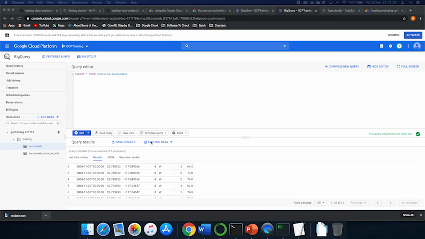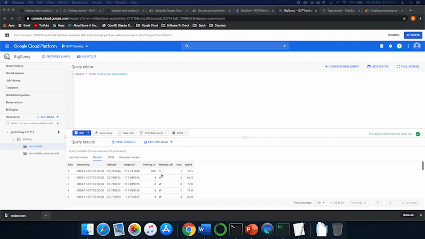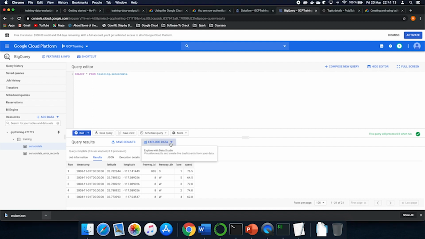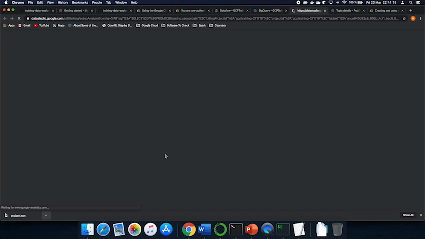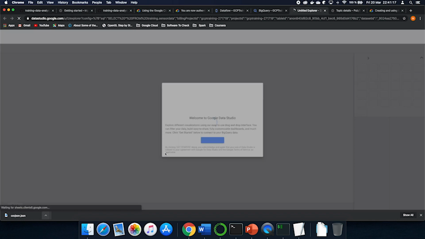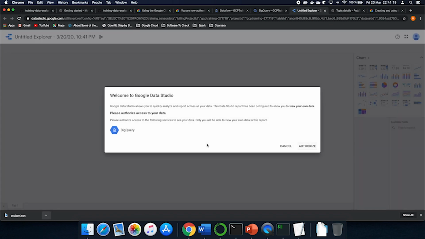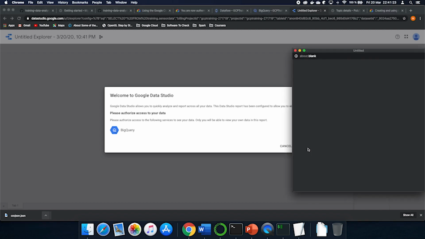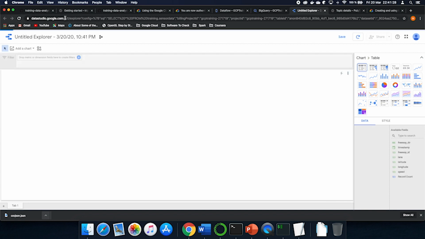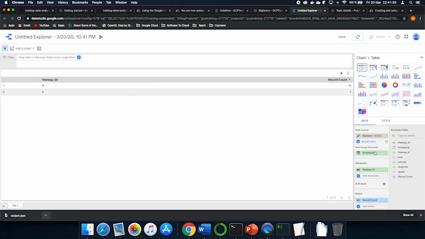With this data we can explore data in Data Studio. What Data Studio does for us, and of course we have to authorize BigQuery to use Data Studio because Data Studio is external to the cloud, and you can see here that we can choose some stuff.